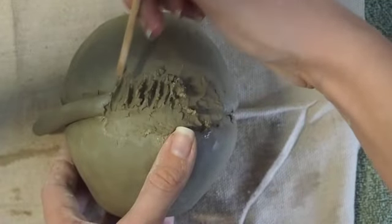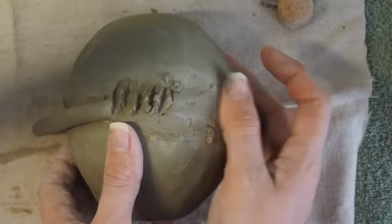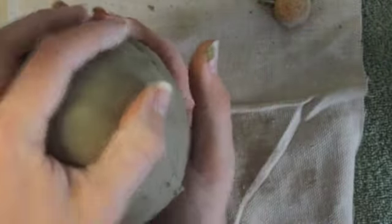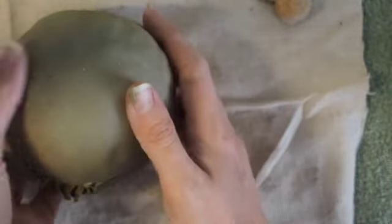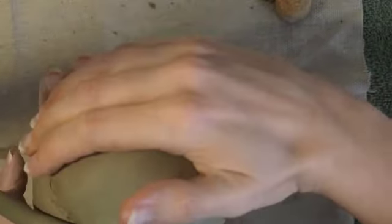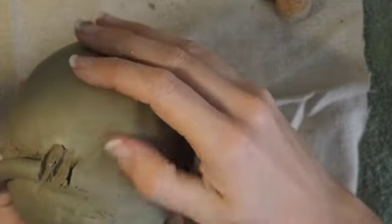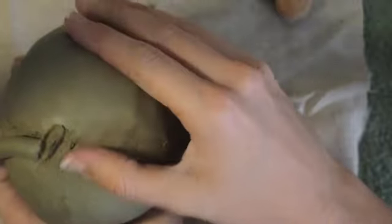This would be probably another good spot for a plastic knife. Maybe not the serrated part. And if it's splitting because you're holding it down, I was doing that mostly for the camera, but it's probably smarter to do it this direction. I was doing it so you could see. But, or holding the whole piece in your hands. And then just blending that coil